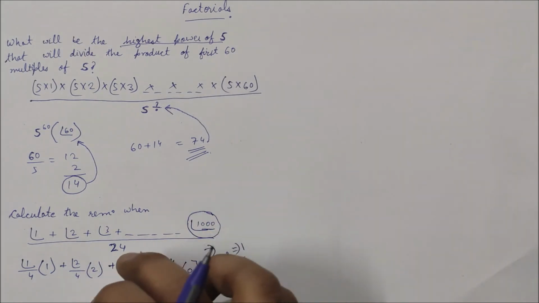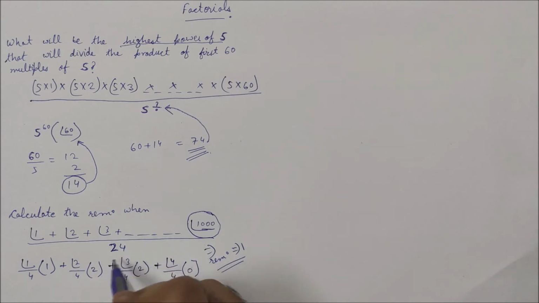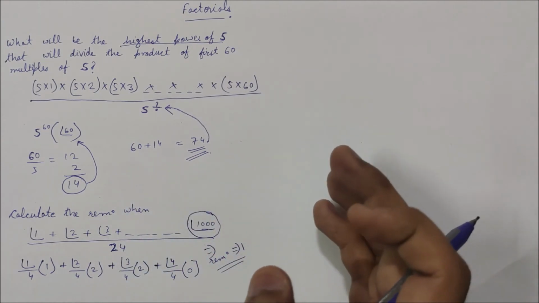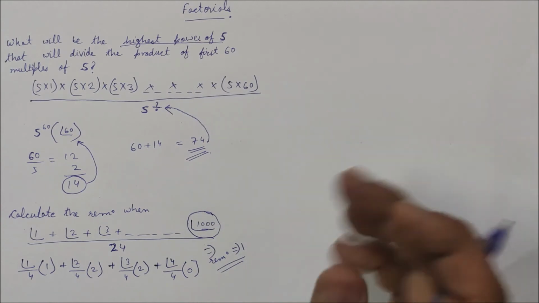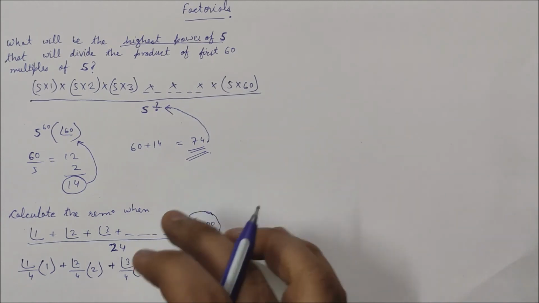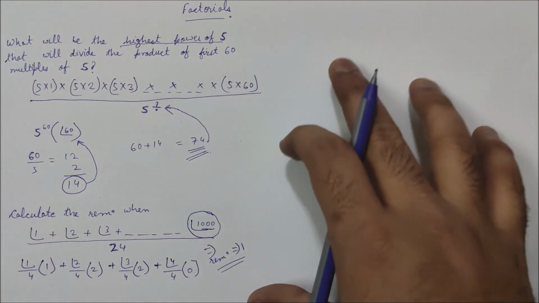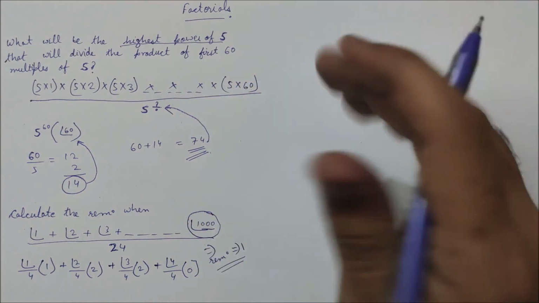For such questions also you can change this value and try to figure out the pattern, or the number where the remainder would get 0. You can try for 30, you can try for 36, and so on for your practice. Let's try one more question before we wind up the session on factorials.